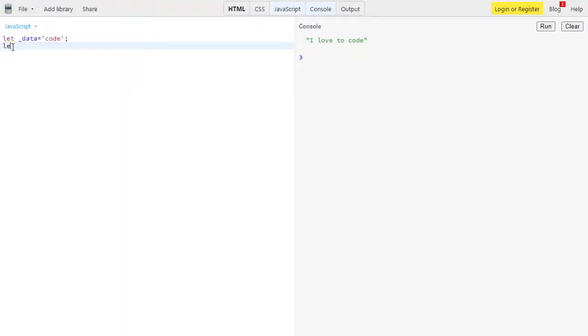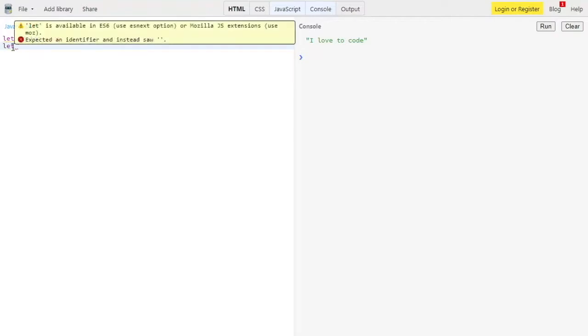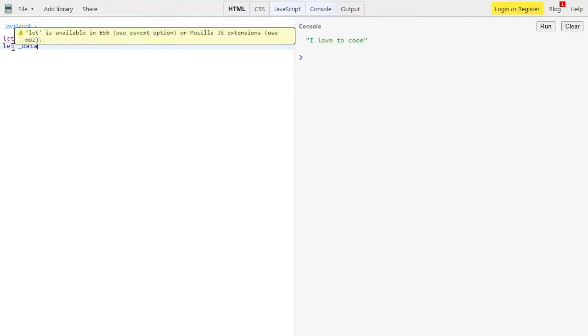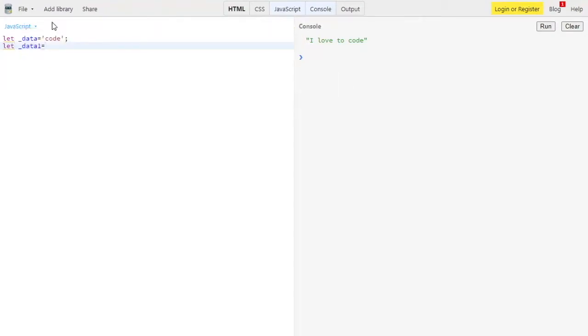So I'm declaring let _data1 equal to "I love to", and then we have a plus sign over here, which is _data, and let me print console.log of _data1, and then we have a dot.